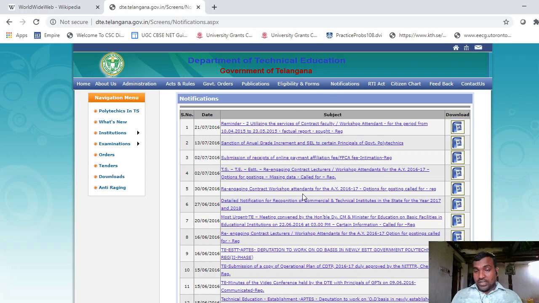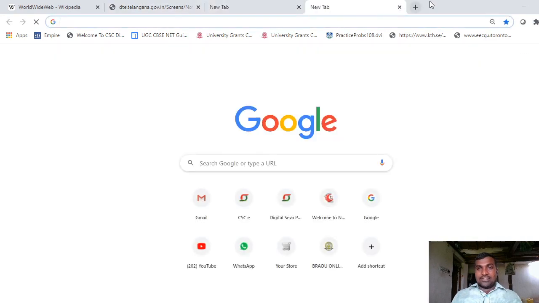These web pages are already stored in the web server. When I use that particular link, that page will be loaded in this web browser. These are the tabs. This is one tab, another tab. If you press this, you can open a new tab. Like this, you can open any number of different websites in this single browser window.